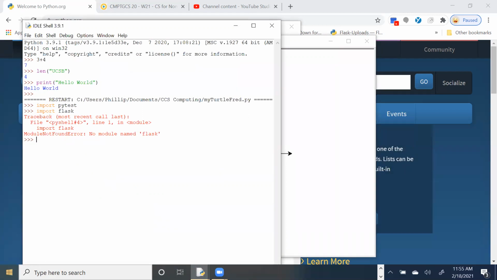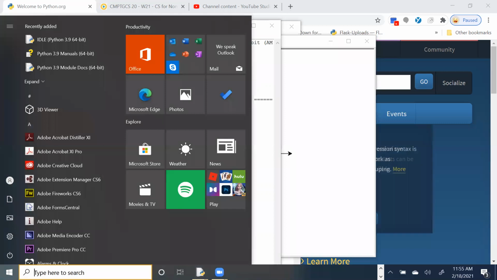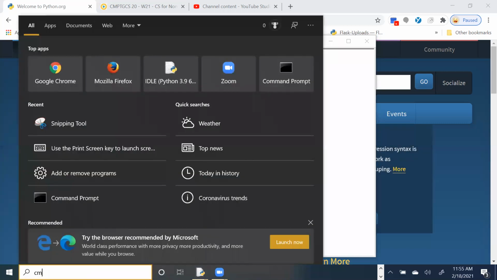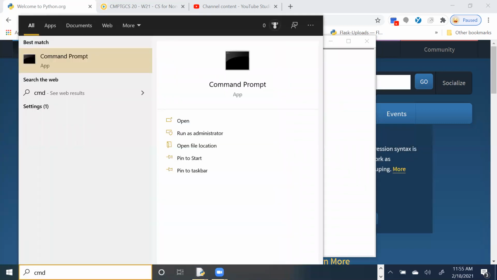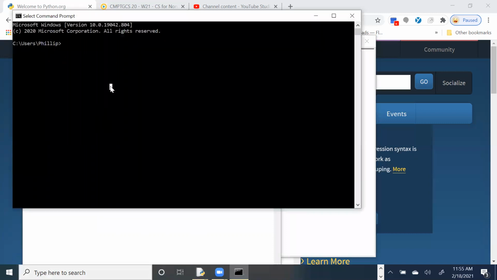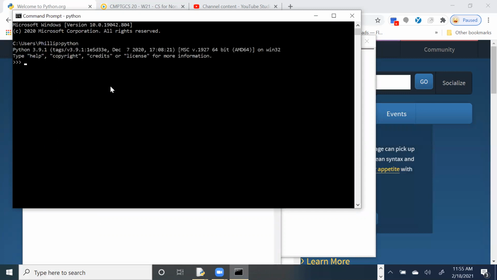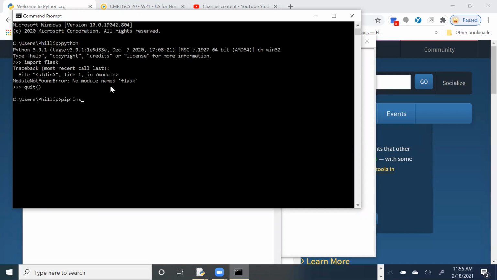In order to install it, what I can do is come down here to where I can type in a command, do CMD to bring up a command line. And hopefully, because I did that add Python 3.9 to path when I installed, I can say python here and go into Python, where if I say import flask, it still says, nope, don't know what you're talking about. Can quit out of there. If I say pip install flask, however,